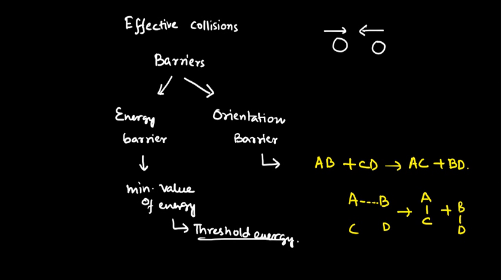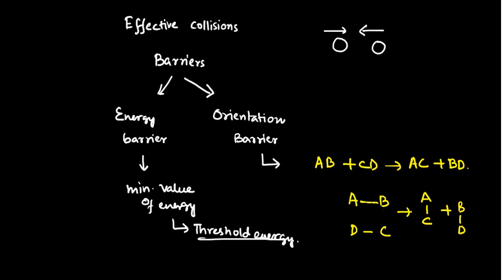The existing bonds between A and B and between C and D are going to break and new bonds are going to get formed. So after a certain span, A will be totally having a disoverlap with B, similarly C with D, and new overlap will be there between A and C and between B and D. But if we are not having the alignment like this, but rather we are having the alignment like this, AB is there and CD is present like this. So have a look.